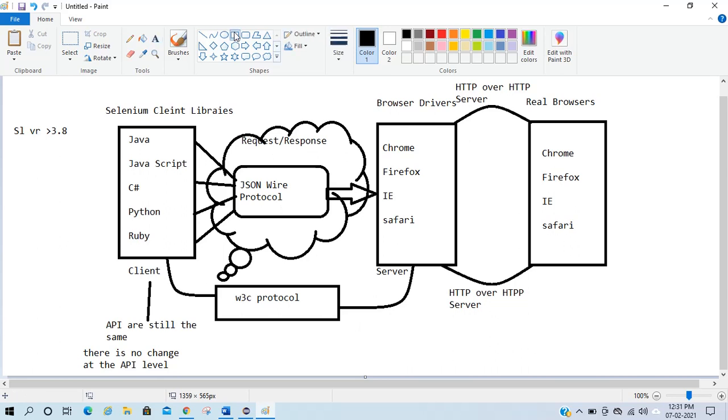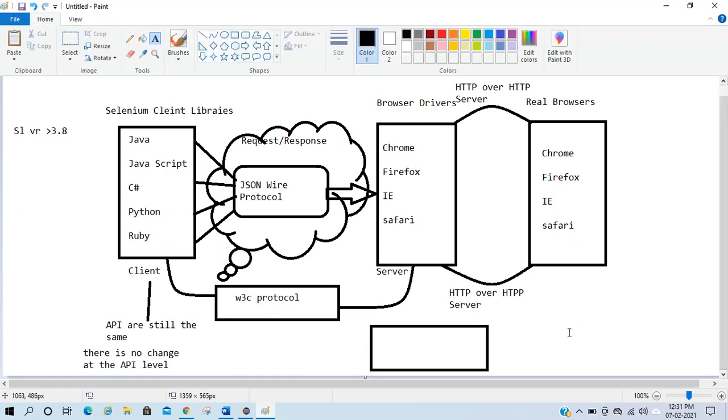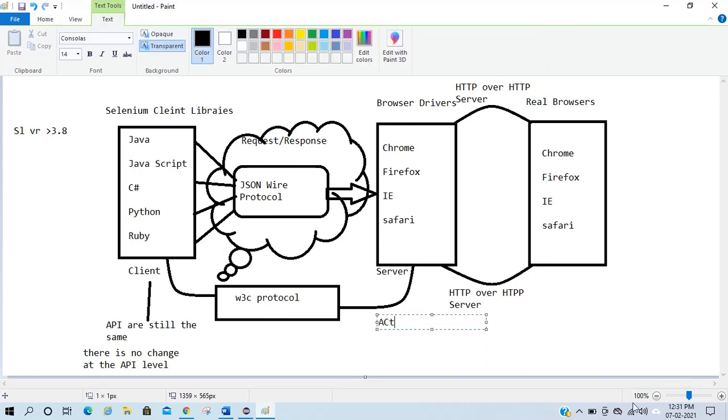The Actions API is now much richer. In actions we will get multi-touch, which is very interesting.